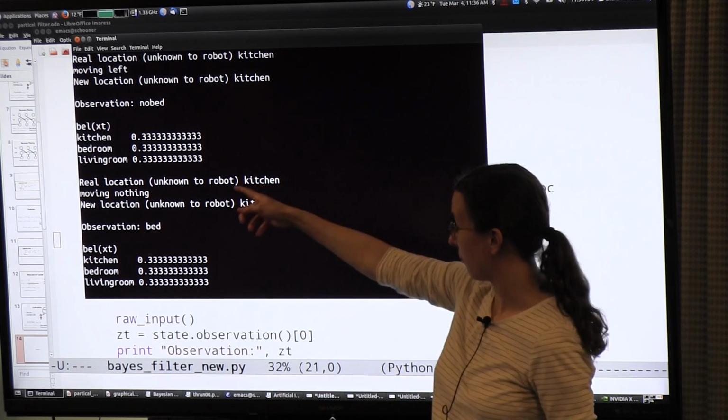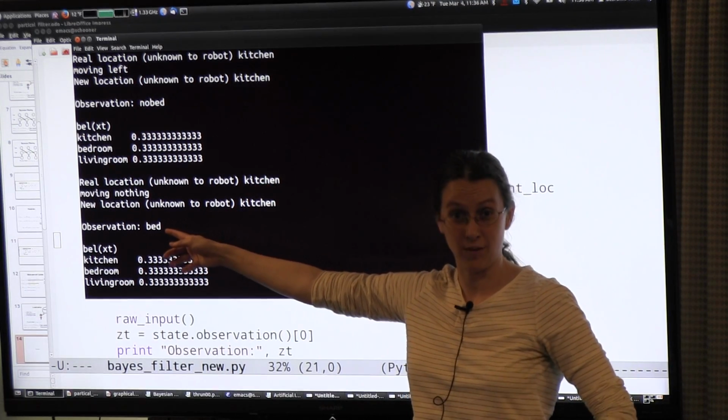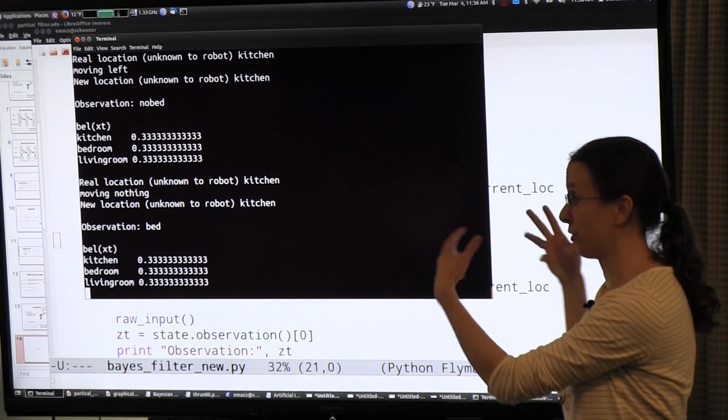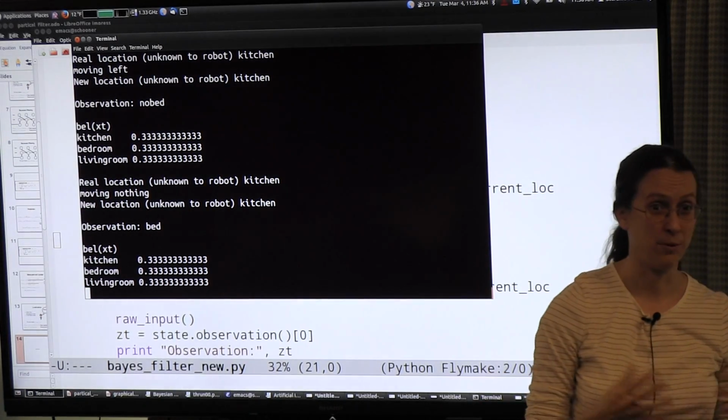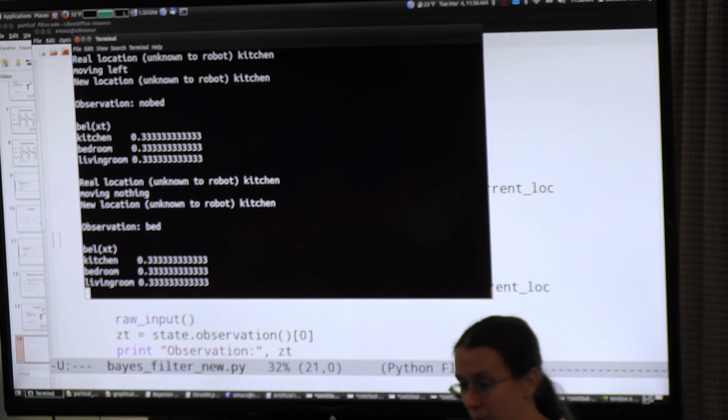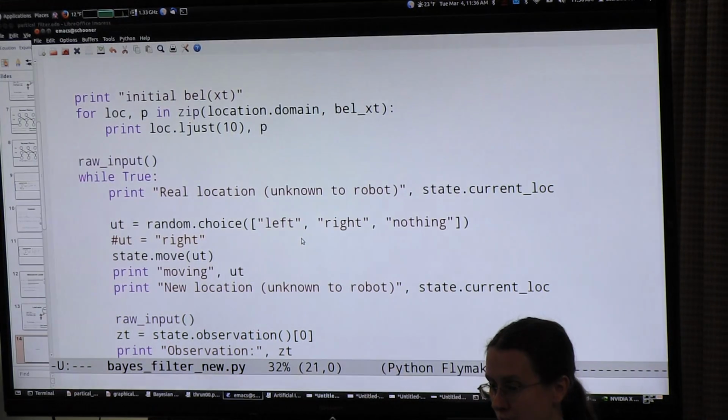Okay, here's one where my detector failed, right? So I'm in the kitchen, but my observation was a bed because I have a noisy detector. So this is just showing what the world is doing to the robot, and we're sort of ignoring all the information. So the first thing I want to do is write down